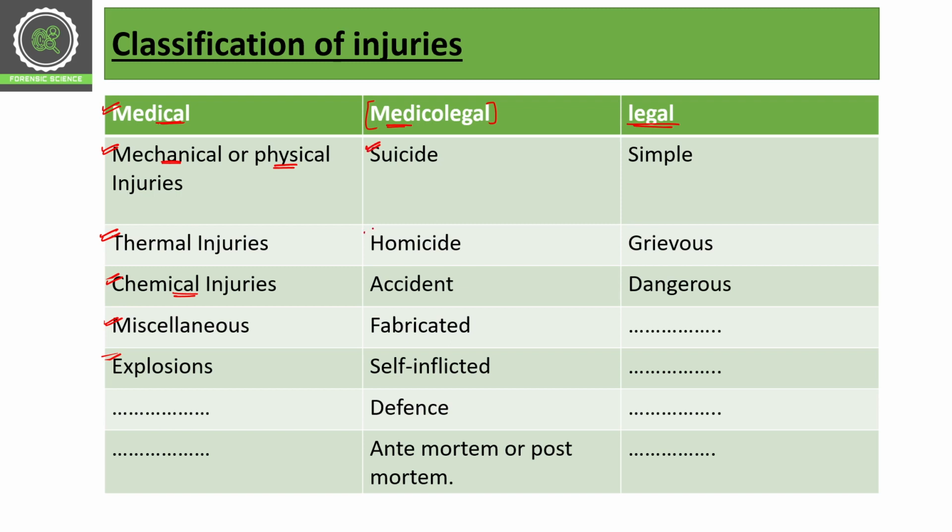Then we have homicide. So homicide is important, of course, and this type of injury can include both medical and legal. Homicide is, if someone is planning to kill someone, or if someone had planned already and shot anyone, then it will come under medico-legal. So it will come under medico-legal homicidal injuries. Then we have accidental. Accidental is, as the name suggests, because of some accident or sudden trauma, so it will come under accidental.